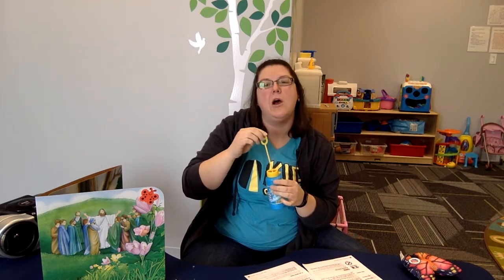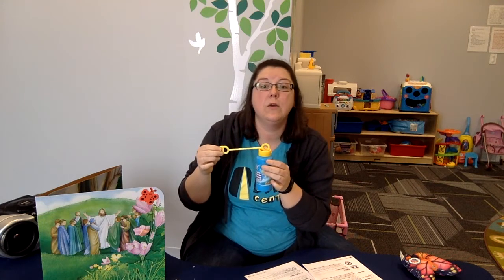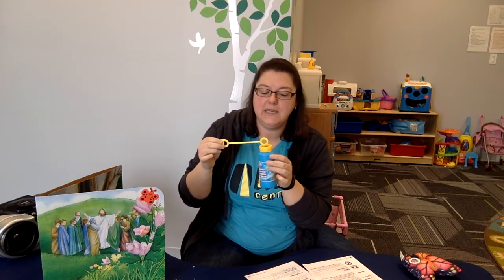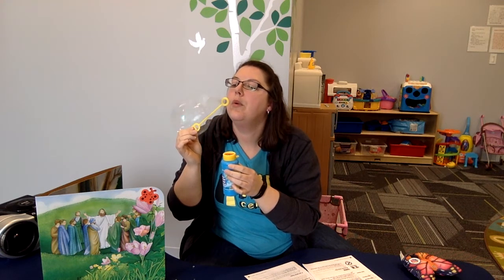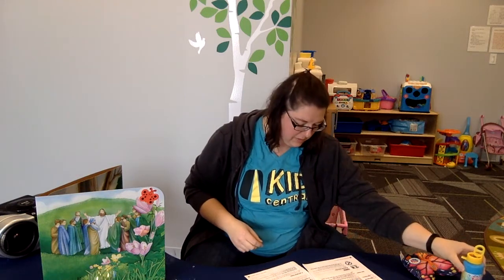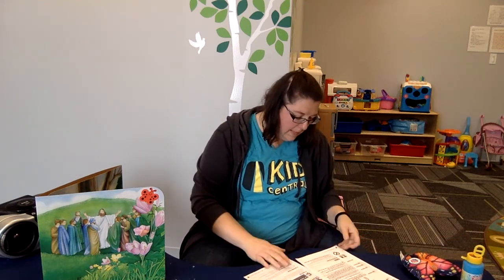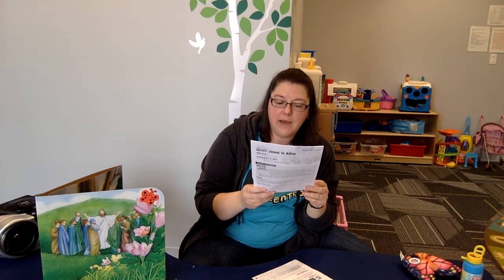So if you have bubbles at home, maybe you can go outside and play with them, or maybe you can do it in the kitchen or in the bathroom. Ask moms and dads, and then see if you can do some bubbles too. I know you like playing with bubbles in the toddler room with me. So playing with bubbles is fun,